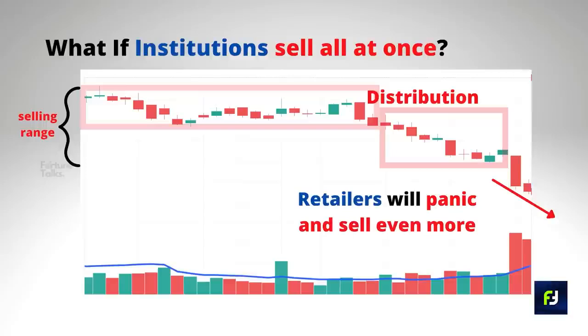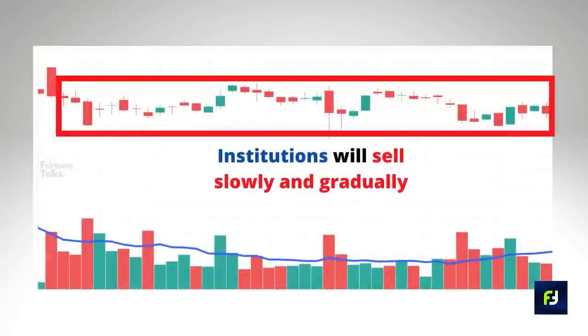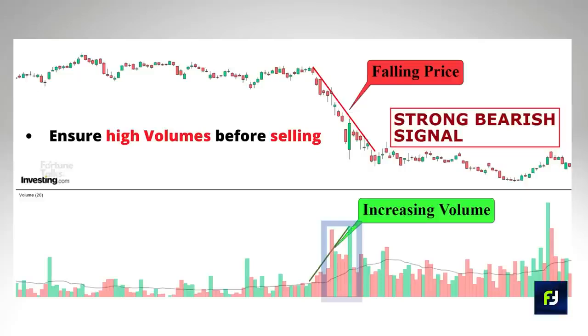This will further induce panic in the retailers who will further start selling. And because of this extensive selling, the prices would even drop further. And the institutions will not be able to sell at the desired price that they want. And this would directly affect their profits really badly. Being smart, they would sell the shares in small quantities slowly and gradually and generate the ample liquidity to sell at the desired price that they want. Now, going by the assumption that smart money always makes smart choices, the expectation in the market is bearish and